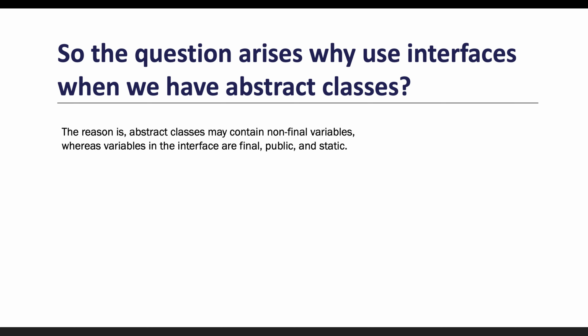And another use of interface, like why we have used the interface: we have seen that abstract is a class, which means one class can extend only one class, right? But in the case of interface, we can implement multiple interfaces. There is no limit. There are lots of differences between the interface and abstract class that we will see at a later point of time in this video.